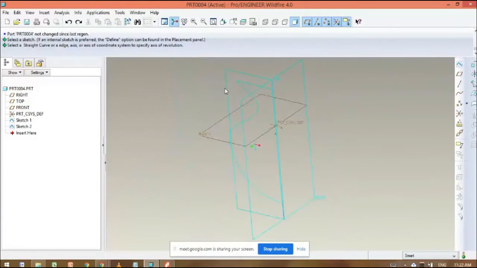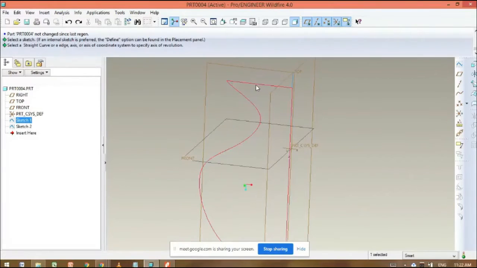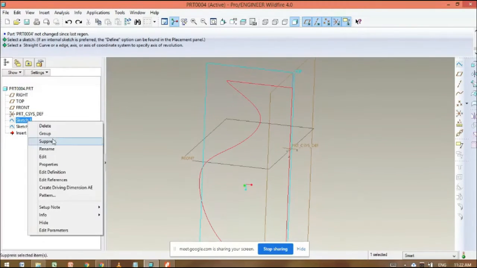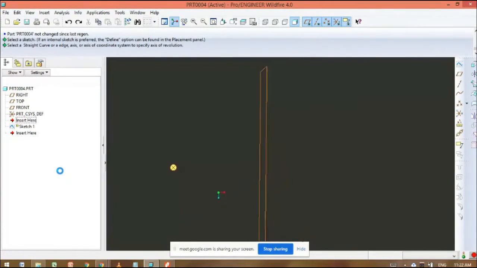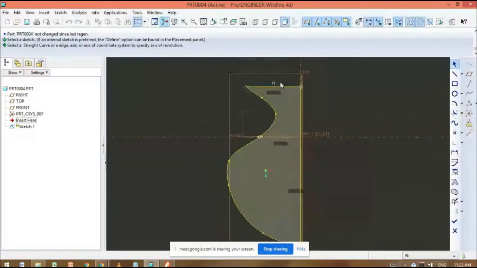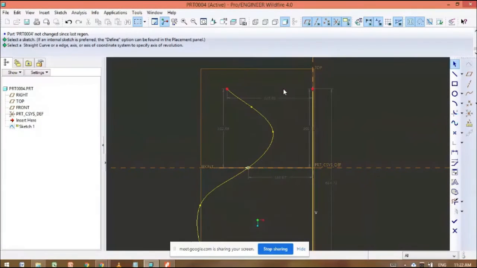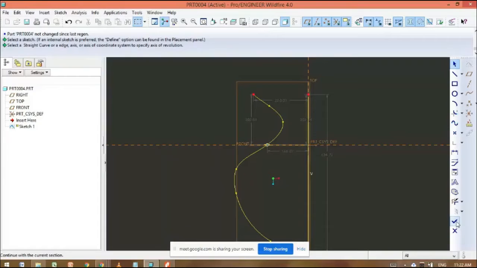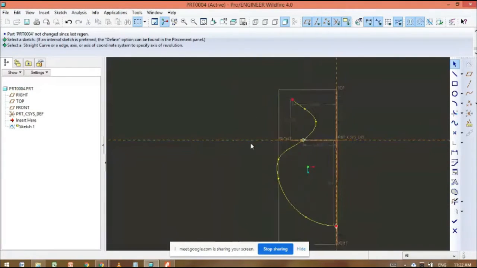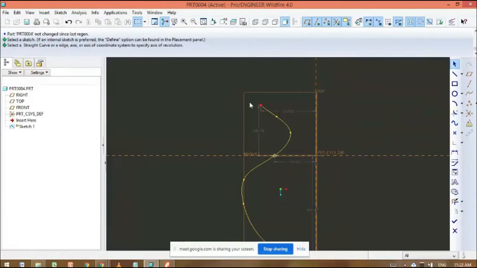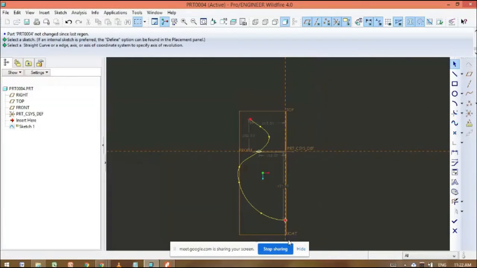See, this total sketch is closed, and we can remove this line. For that, in sketch, edit definition, delete this unwanted line, then click on done. Also we don't require this for the surface model. See, in the surface model, we can convert this sketch. It is not closed, but we can convert it into a surface model. But for the solid model, it must be closed.